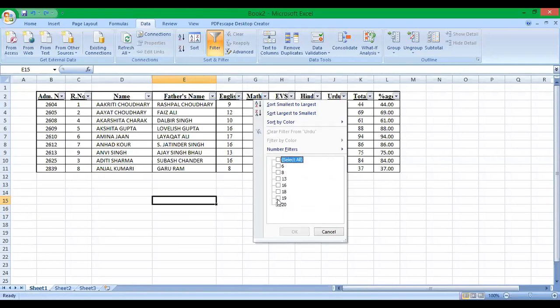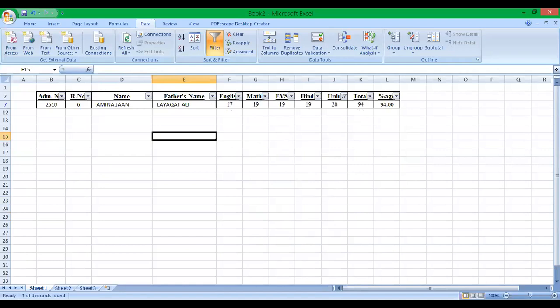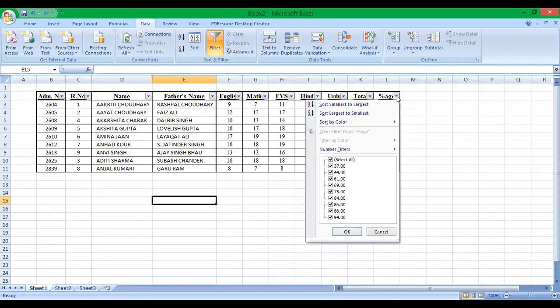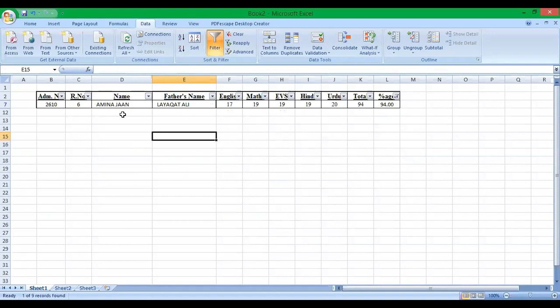So I'll select only 20. Okay. Now Amina Jan has topped Urdu. Now that is not my criteria. Okay, fine. Overall, who's the topper? I'll choose the highest percentage, that is 94. Okay. Now 94, Amina Jan.